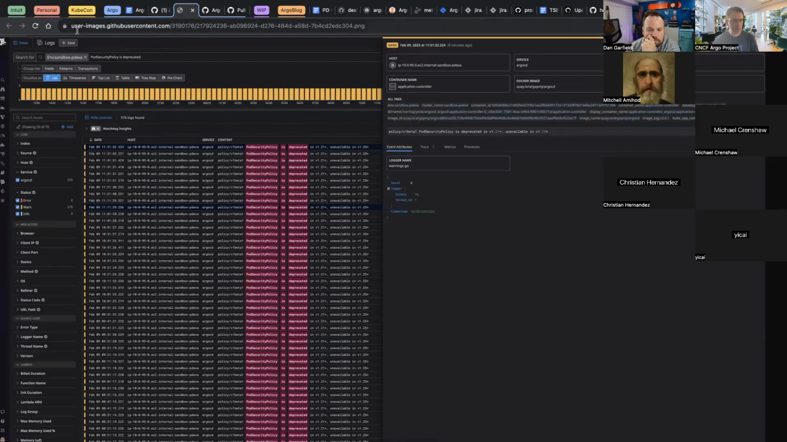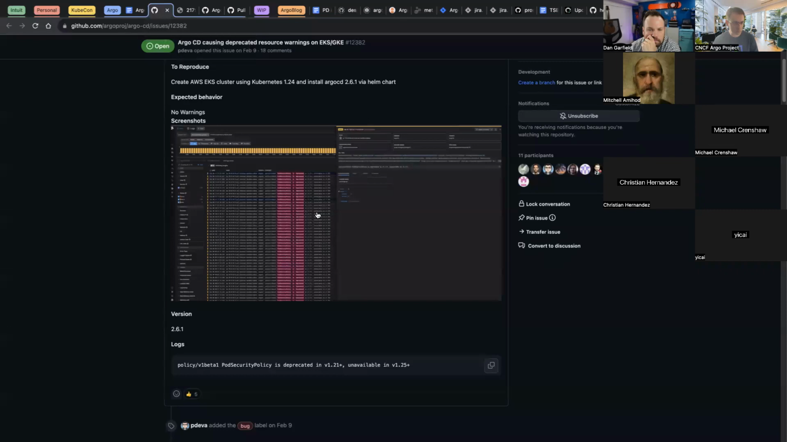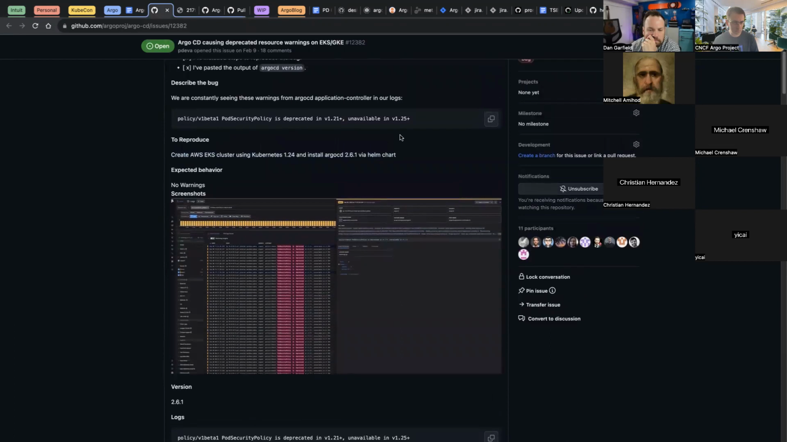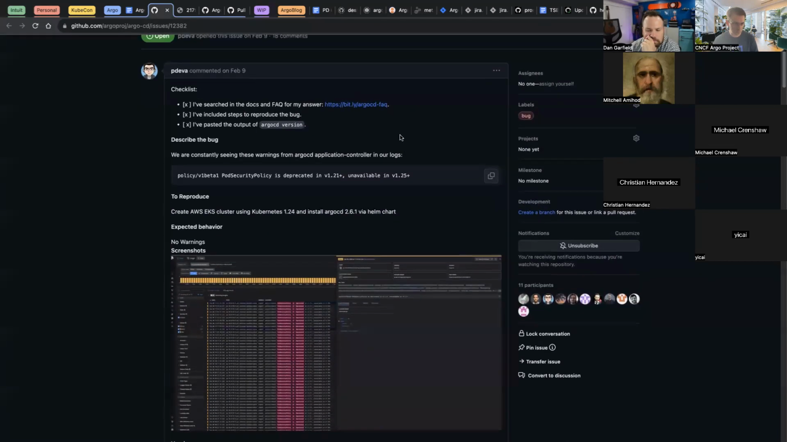Yeah, well, you already mentioned it, right? So you can teach the application controller to ignore this particular API, so you have to put it into the exclusion list, and then it won't watch that API anymore, and this particular warning is not issued anymore. And I would even say that this is not